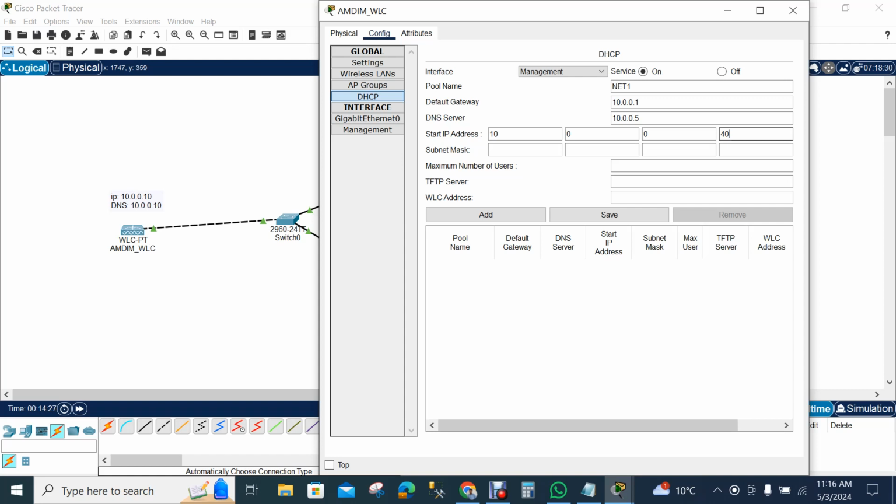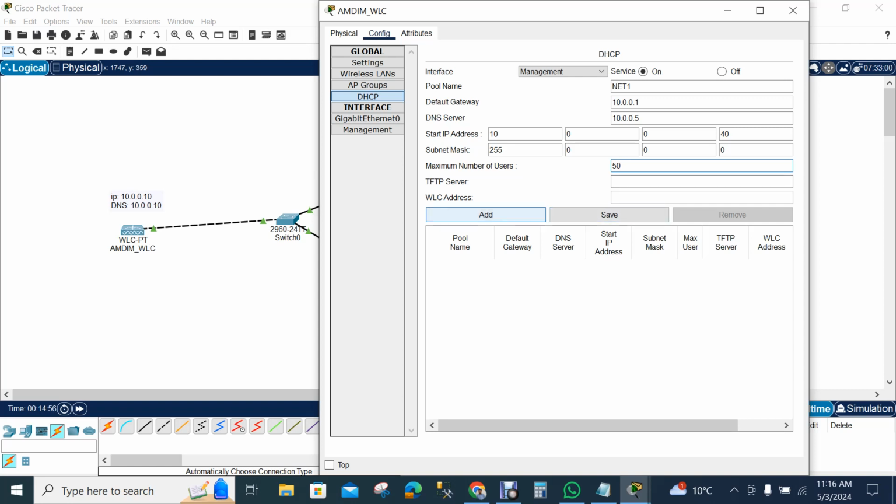It will start from 10.0.0.40. Yeah, and the subnet mask from here will be 255.255.255.0. Okay, maximum number of users, I'm setting here 50 users maximum, and